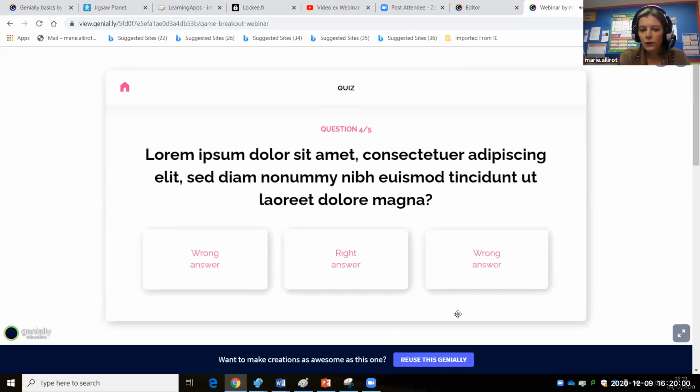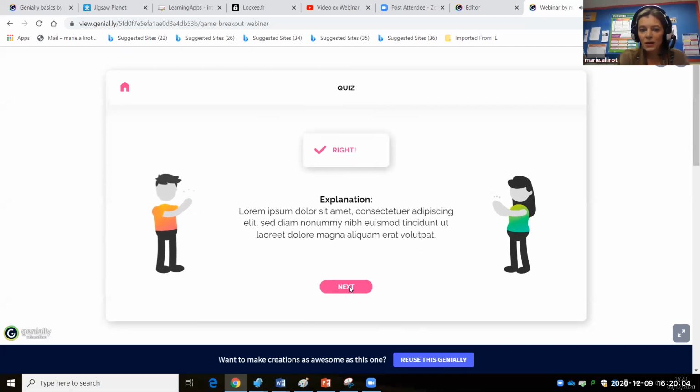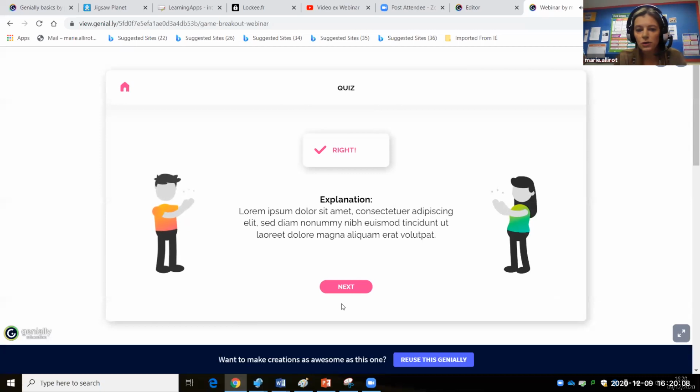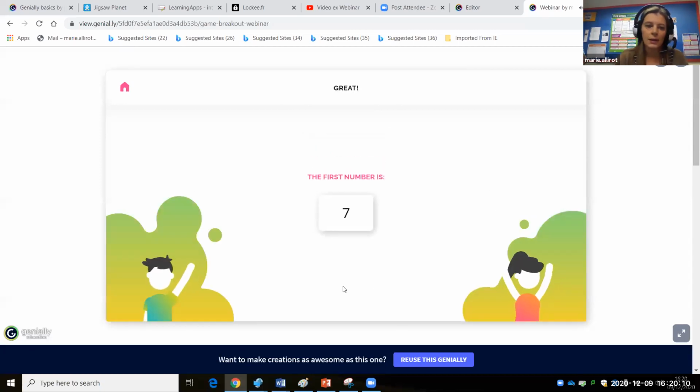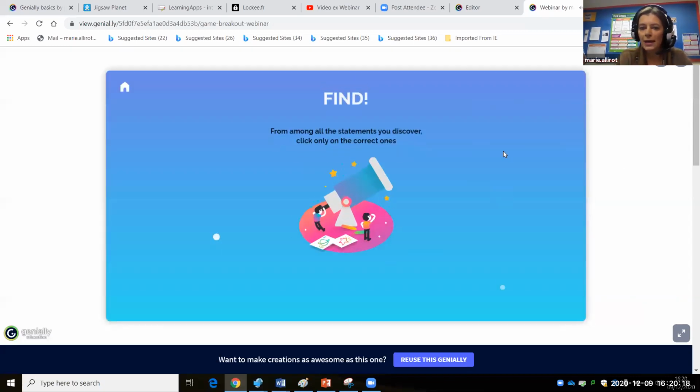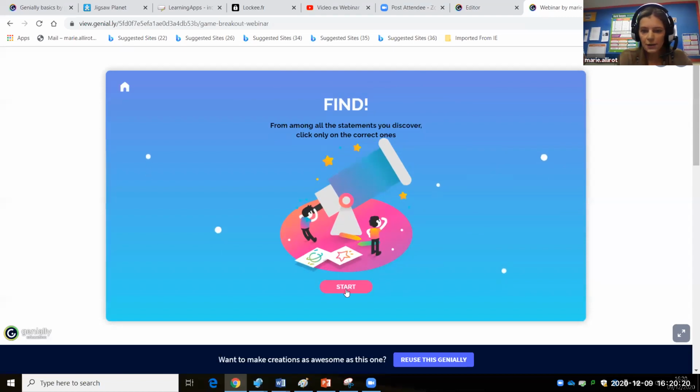So at the end of each mission, you're going to be given a number, and you need that number for the final mission where you have to enter a code. The first number is number 7, so you would ask your student to write it down. Then they would go to the next mission, which is find.